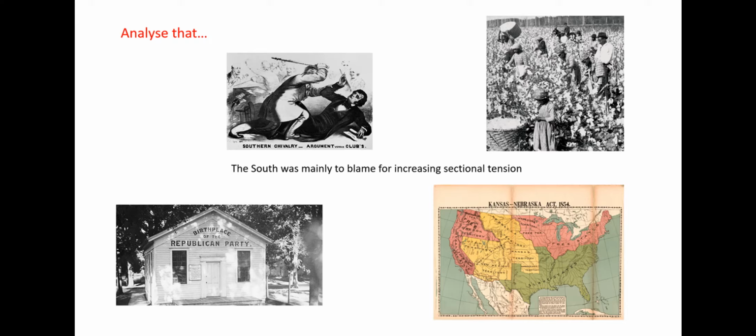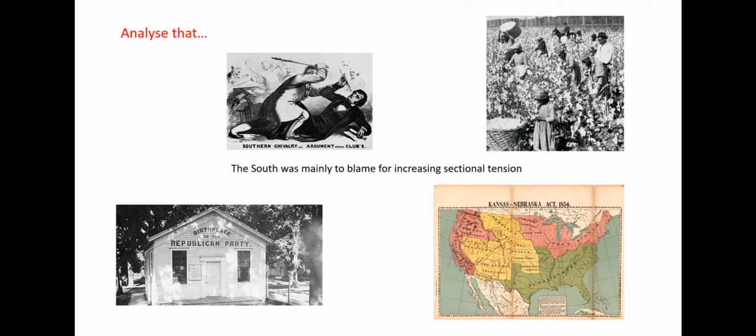So, in that sense, we can see that the South is undoubtedly a cause of sectional tension. However, we cannot say that the South was mainly to blame, that the South was the main cause for increasing the sectional tension, because actually the sectional tension was also fueled by a growing Northern identity, a growing Northern free soil national identity,